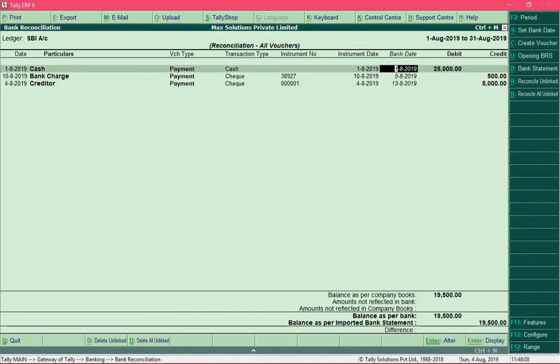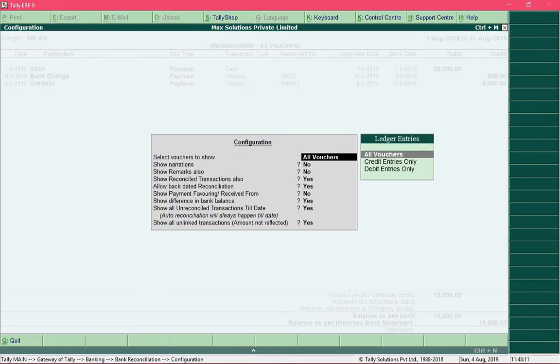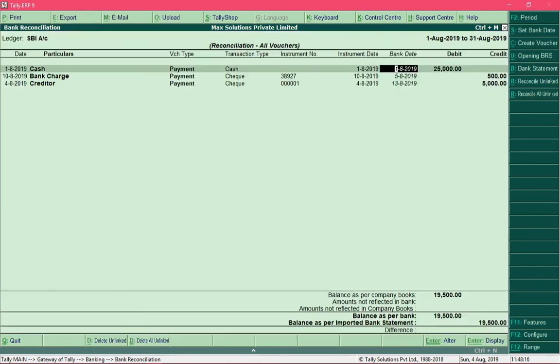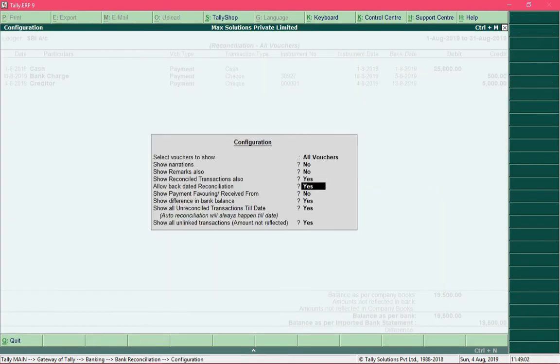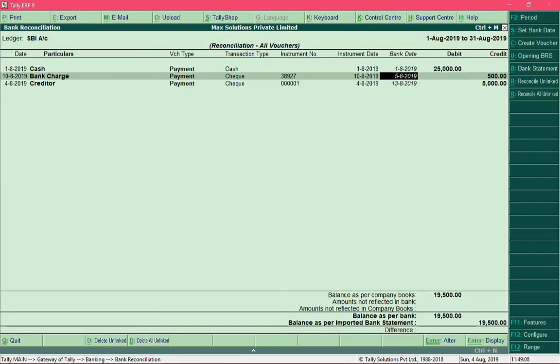So all the transactions are reconciled, and in order to view reconciled transactions, change the option show reconciled transactions to yes, and in order to accept bank dates which are lower than that of the entry's date, change the option allow backdated reconciliation to yes, and press Ctrl A. So at this point the reconciliation is successful, and you can see that Tally now shows that the balance as per company books and balance as per bank are the same, and both the amounts are matching with the balance from the imported statement.